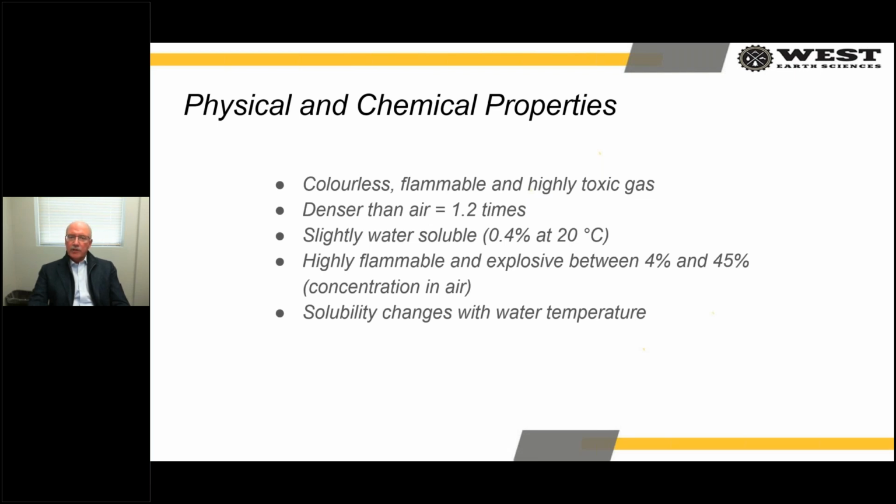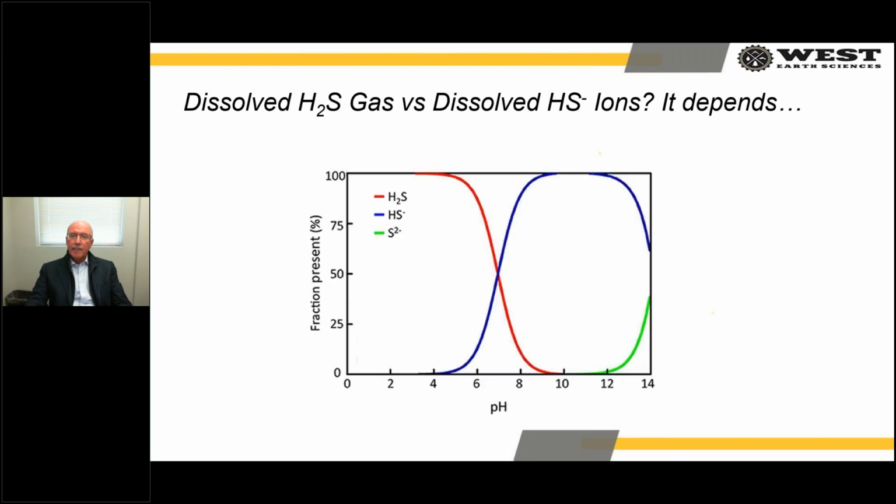It's slightly water soluble, it is explosive at the right concentrations, and its solubility changes with water temperature. So these are all conditions that will change, or changes in these conditions will change the amount of H2S that's released from water and available in the breathing space. One of the factors that's quite important as well is the pH of the solution. So if you look at this graph,